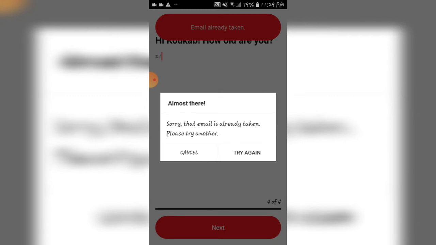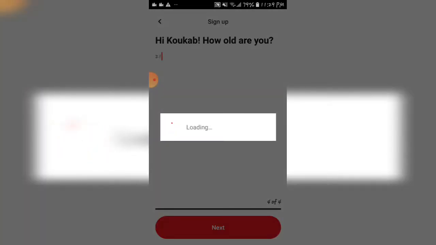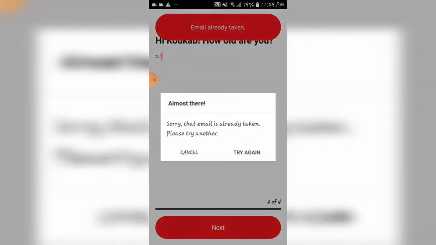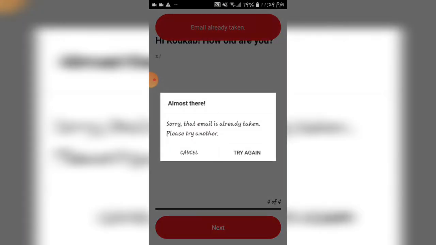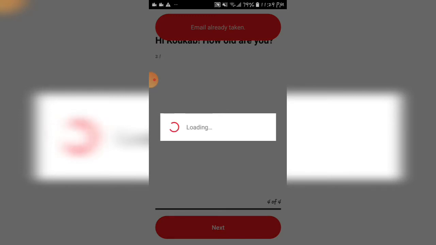Now this message is appearing: sorry, that email is already taken, please try again. We have to click on try again. Now click on next. Now it's loading. It may take some time, but you have to click on try again because it takes some time.